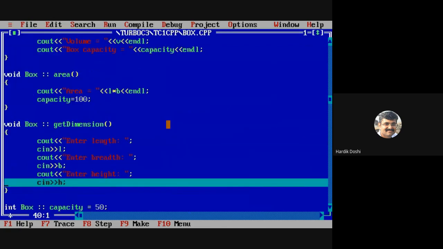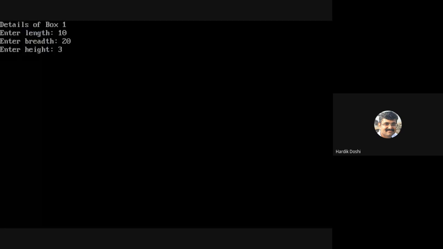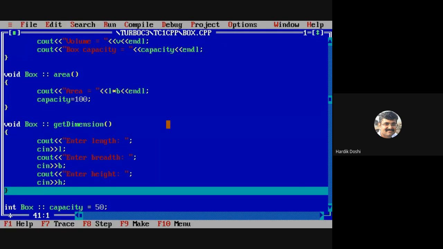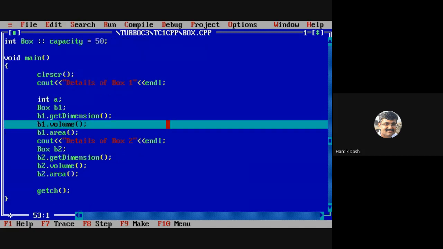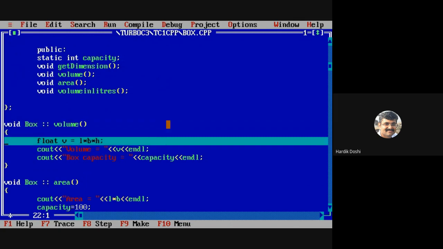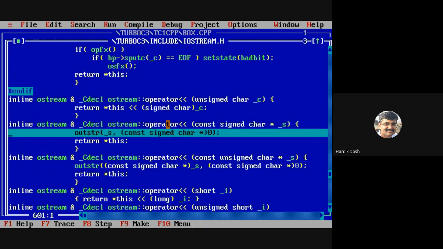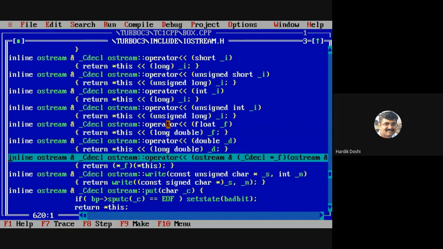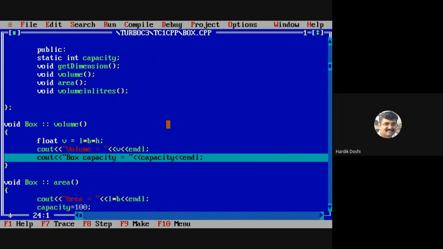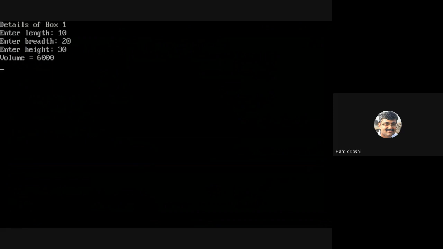Again asking for the dimension height, let's say 30. Then it will jump to volume. We calculated volume and printed V. Now what will be printed? What will be the value printed? See, this is the current output.